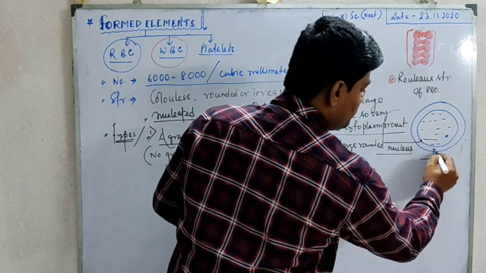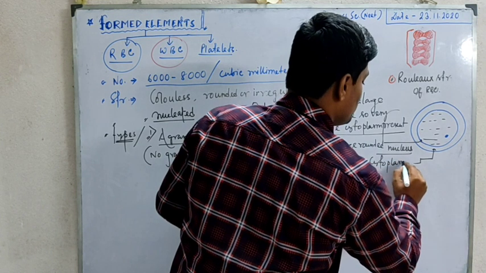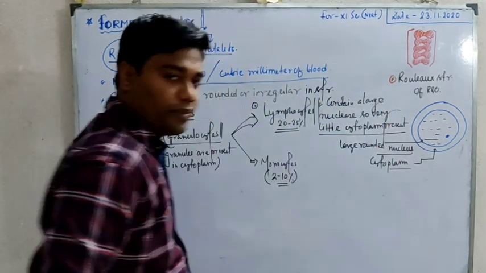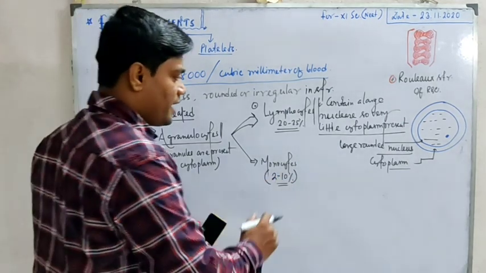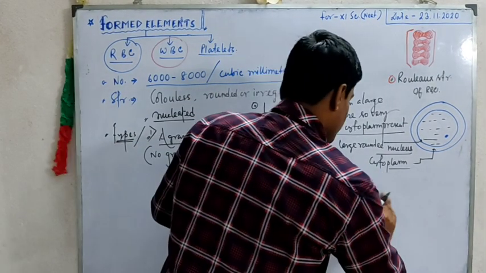This is the cytoplasm. There is no granule present. Clear? And approximately the lifespan of lymphocyte,